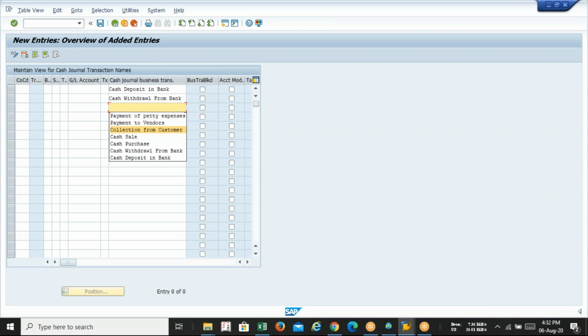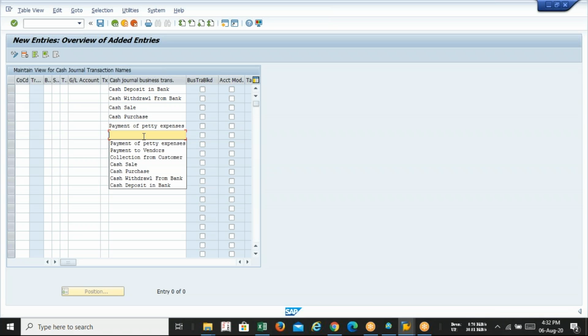Second, cash sale. Third, cash purchase. Next, payment of petty expenses. Next, collection from customer.